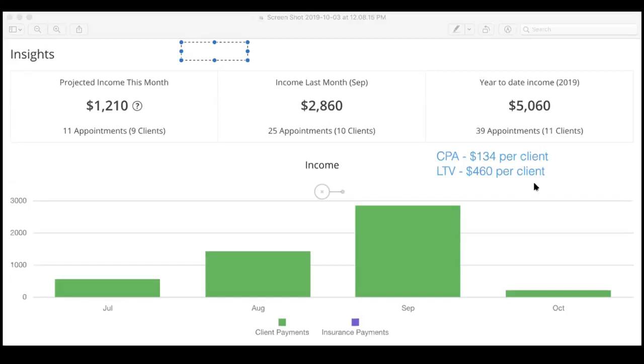So the power here in this training, here's what you're not going to get. What you're not going to get is a click-by-click, here's how to place a Google ad. Guess what? You can go to YouTube, you can go to Google, and you can figure that out. You can hop on the phone with Google and figure that out, right? You're not going to get that in these videos.